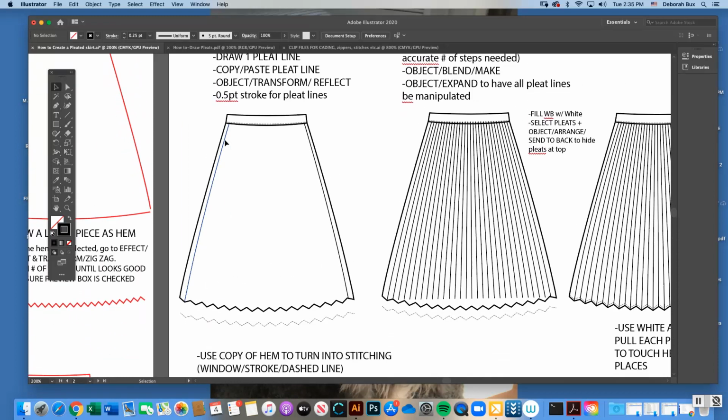So what I did is I actually just drew one stroke line here from the bottom of the waistband seam. This is the waistband seam right here. This solid stroke line is called the waistband seam. So I drew one